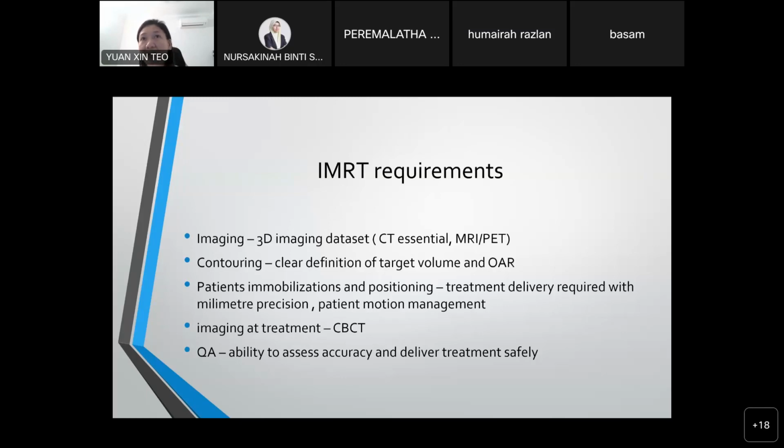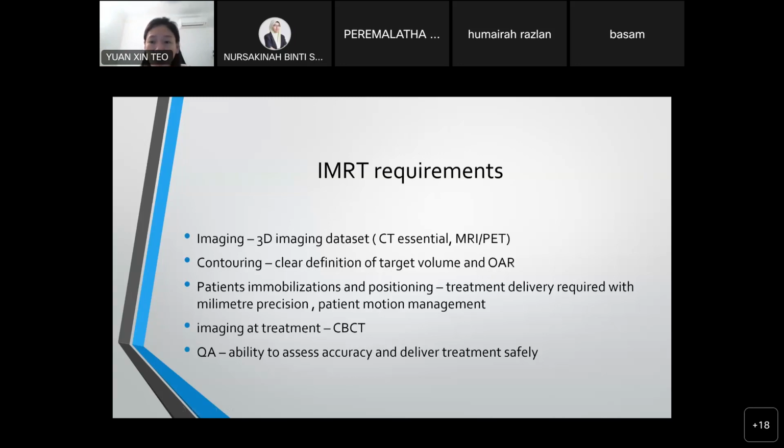This means the patient has already done MRI and PET-CT with contrast or the FDG uptake. Then physicists will need to fuse this with the CT simulation image. Later I will show you how it works. And by using this MRI and PET-CT fusion, the doctor will have a clear guide for their target